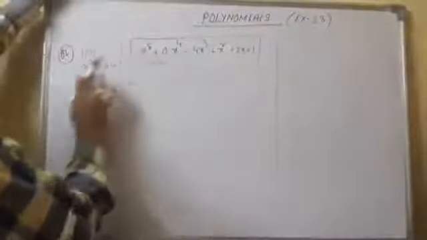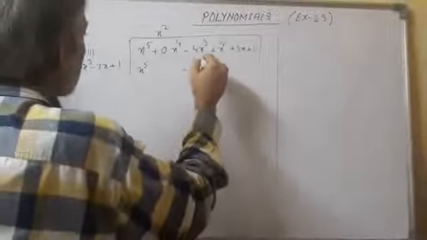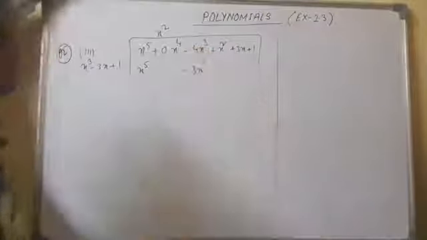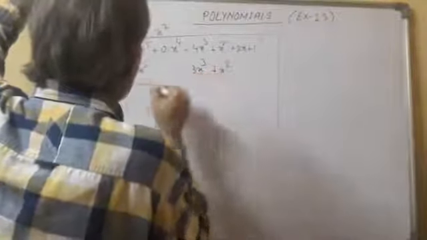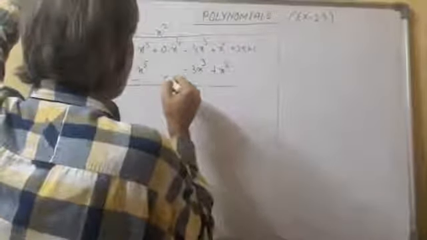Divide this by this, so we are getting x square. Multiply this by this: x raised to the power 5 minus 3x cube, write like terms, plus x square, change the sign,